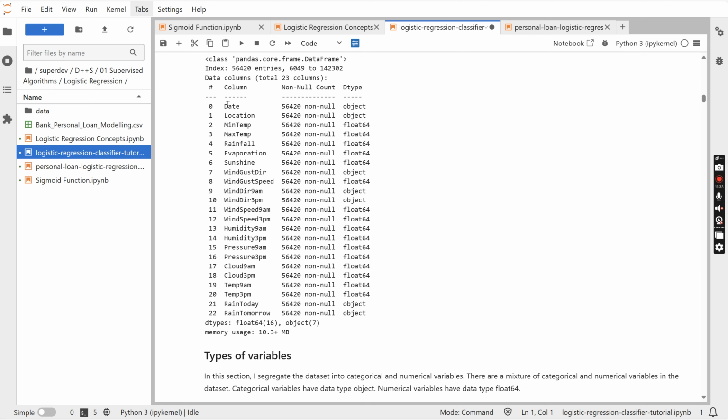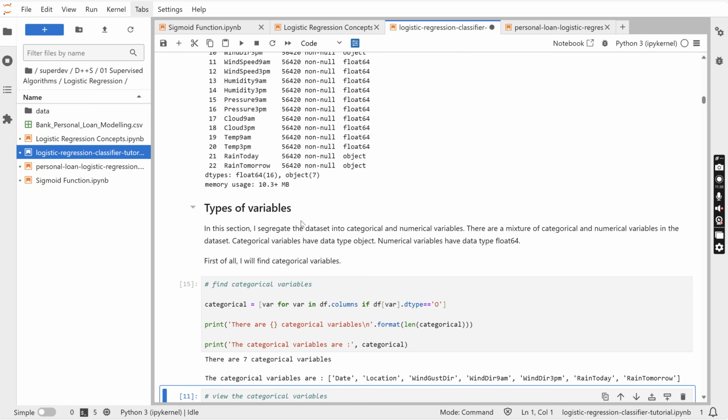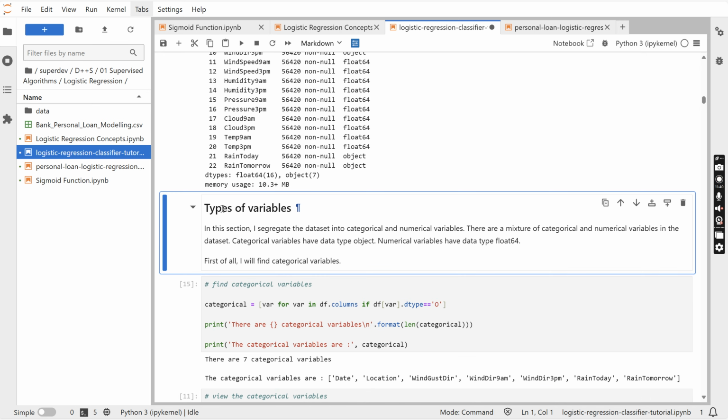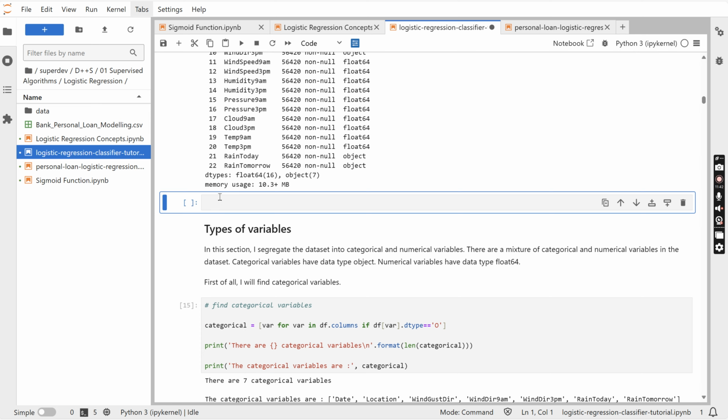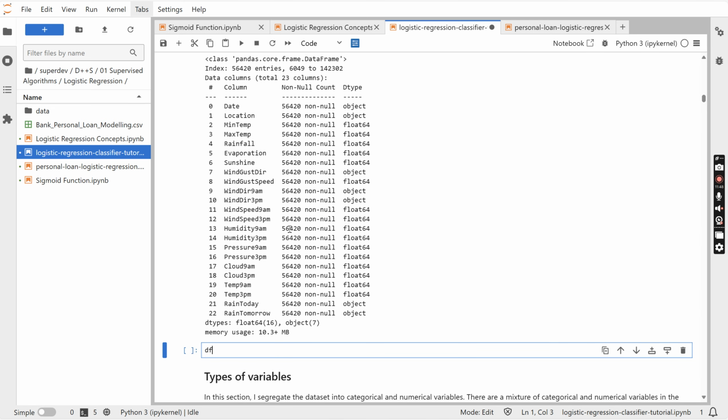Okay, so you will run info and all of this, and you will also run describe just to understand if your data set has any issues, as in if it is exhibiting any outliers and as such. Okay, df.describe you can run, and when you are running describe, you have to specify numeric_only is equal to